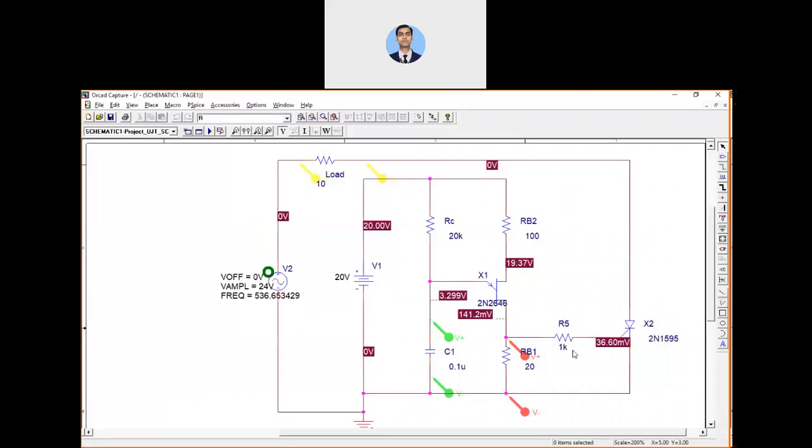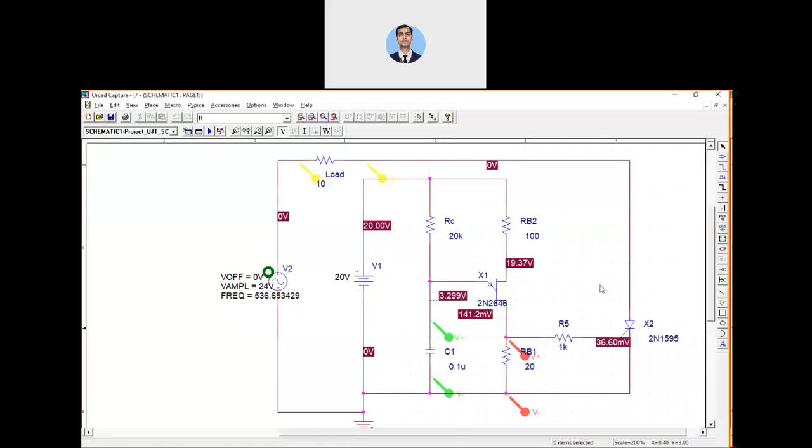This is working as an oscillator circuit, which is providing the gate pulse across RB1, because this capacitor is discharging through it when the UJT turns on, and this discharging pulse appears across the gate and cathode of the SCR, which makes the SCR conduct, and it is connected with the AC source along with this load. So you can see that your load is getting the corresponding voltage. This is all about SCR triggering with the UJT oscillator circuit.